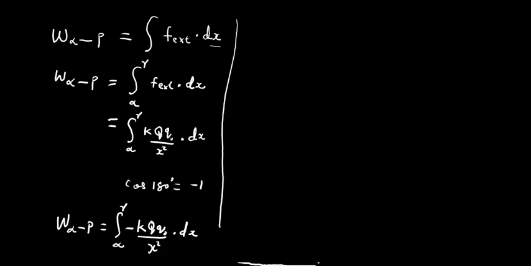The constants we bring outside are kQq naught. Then we go ahead and integrate the rest from infinity to r. What is left is negative 1 over x squared ds, which is also going to be equal to